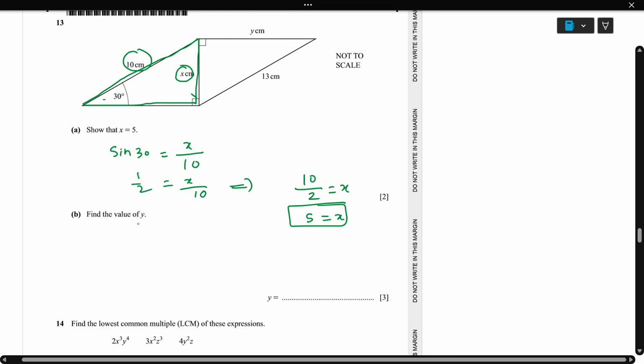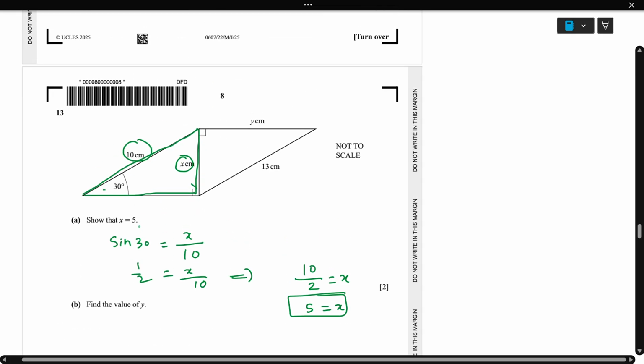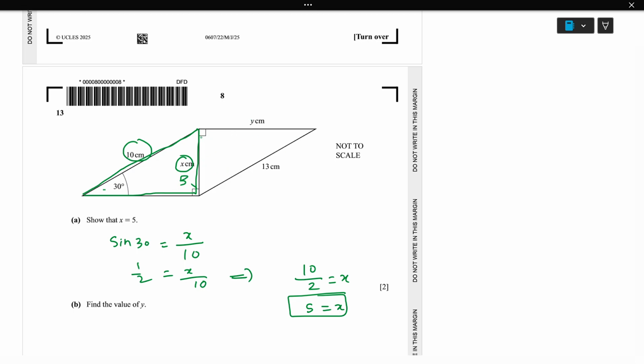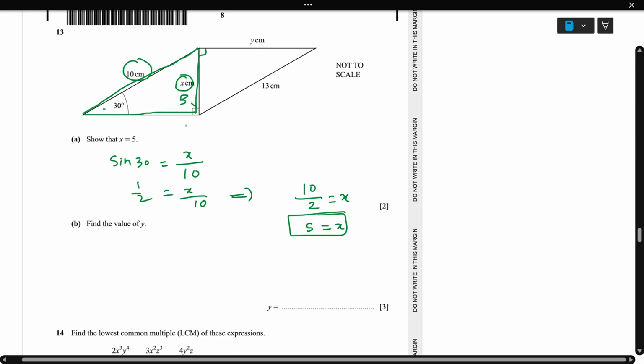Okay, next one, find the value of y. Now we know x equals 5, so find the value of y. Now we'll take the other triangle. This is also a right angle triangle, and two sides are given. We are finding the third side, so we are using Pythagoras. So the hypotenuse, so y